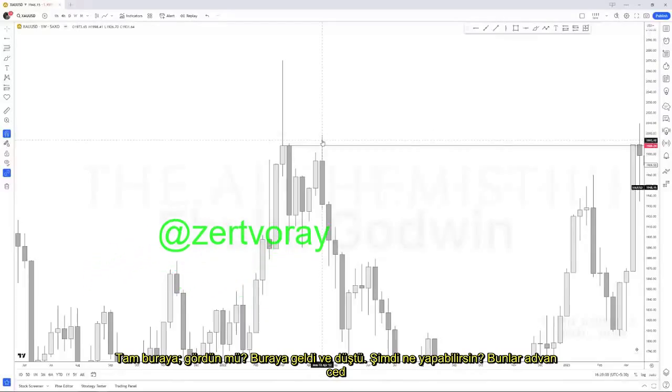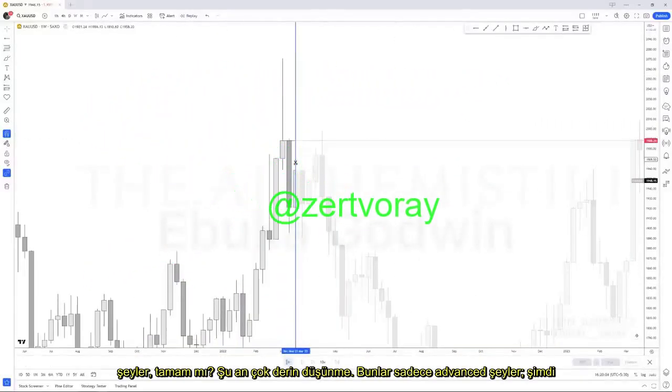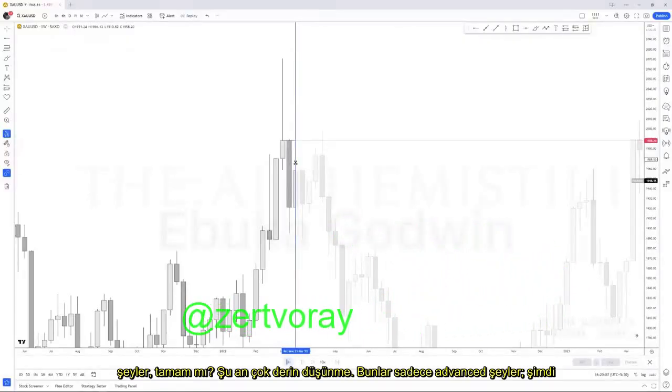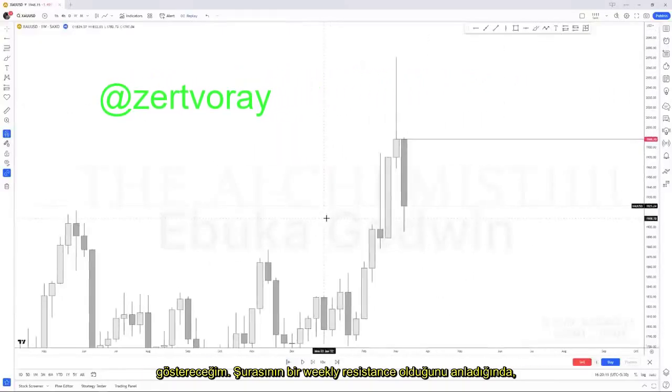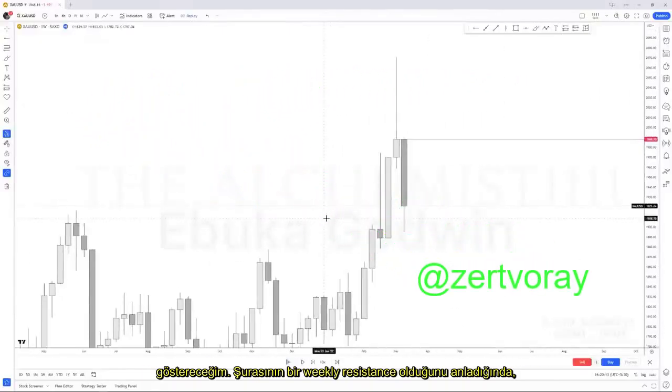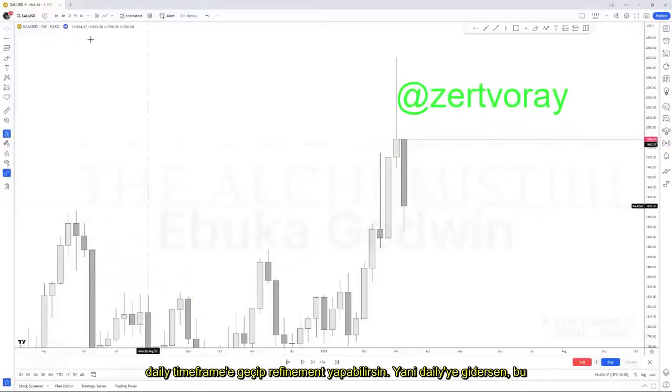See that? It came right here and it dropped. So now what you could do is, now these are advanced stuff. Do not think very deeply about this, these are just advanced stuff I'm going to show you. Understanding that this right here is a weekly resistance, you could go into the daily time frame and then make some refinements. So if you go to the daily,